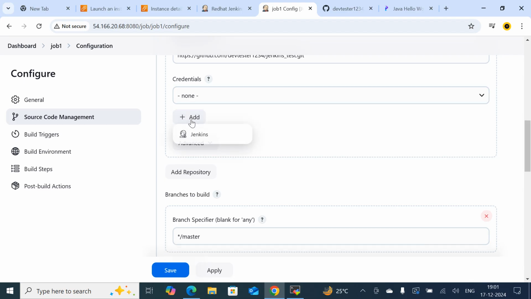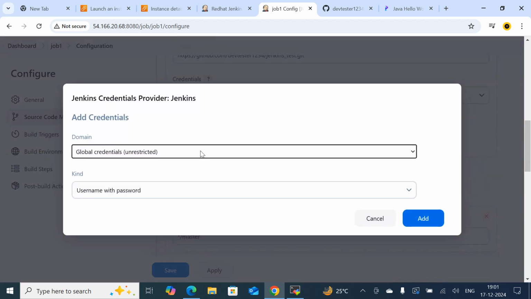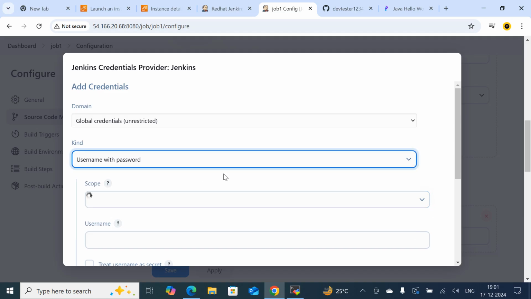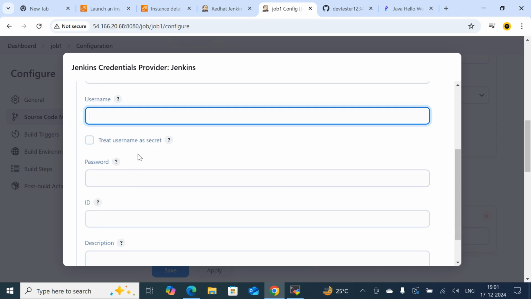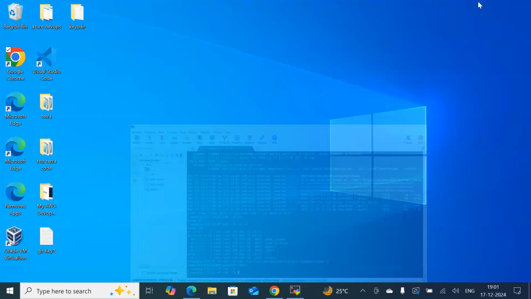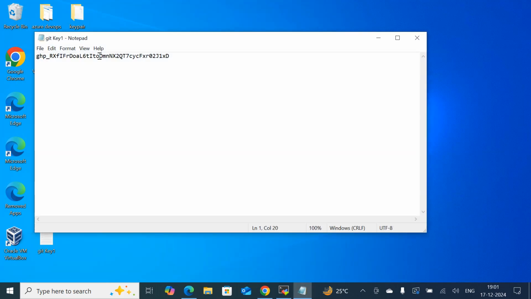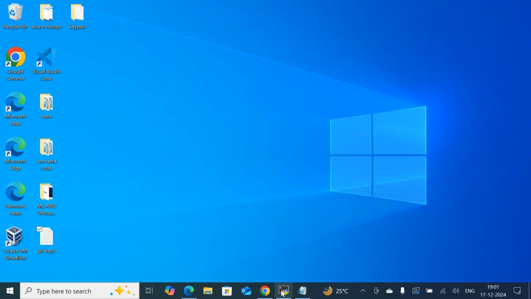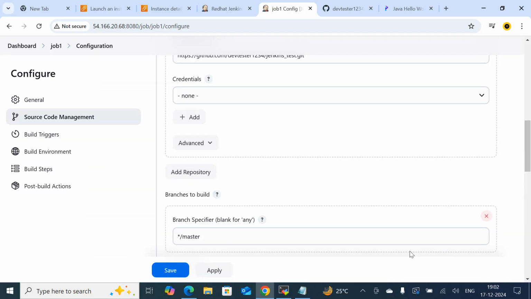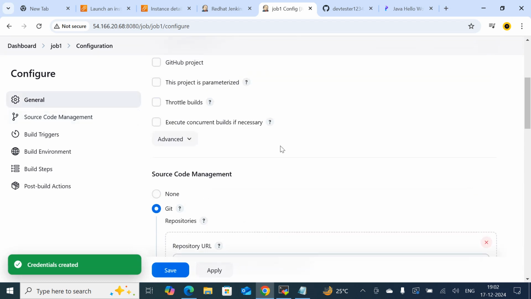If it is required, you can mention the username with password. What is the username? Dev tester 12334, and the password I had set earlier, so git key one. So copy it and paste here, add. Okay,